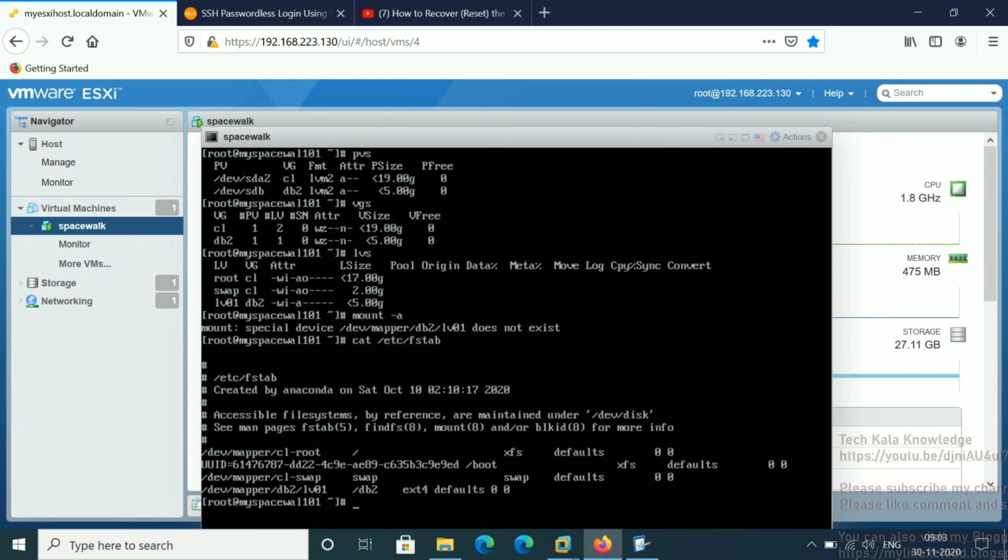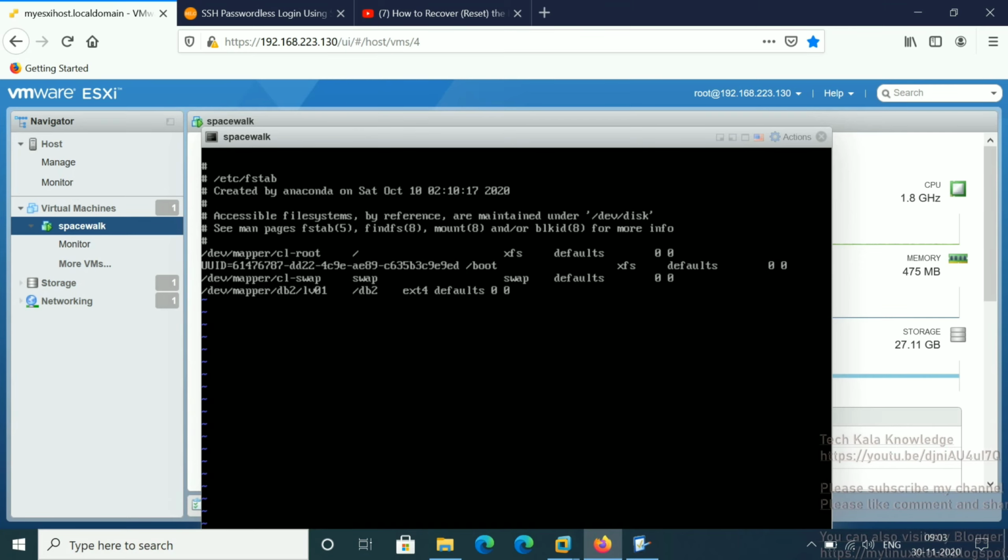If you try to mount manually, you will also get the error. I will show you. Let me first check the entry inside the fstab. Okay, I'm inside the fstab, and this is my device. We are working on this device because we're getting the error on this device. /dev/mapper/db2, you can see here is a mistake, a syntax error.